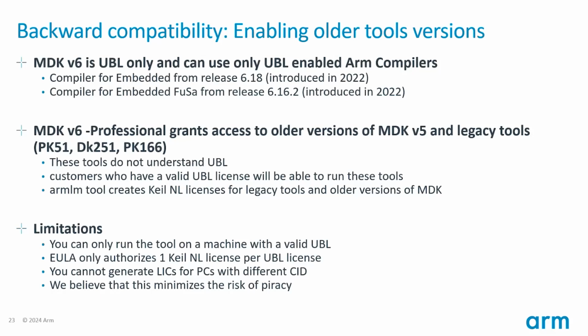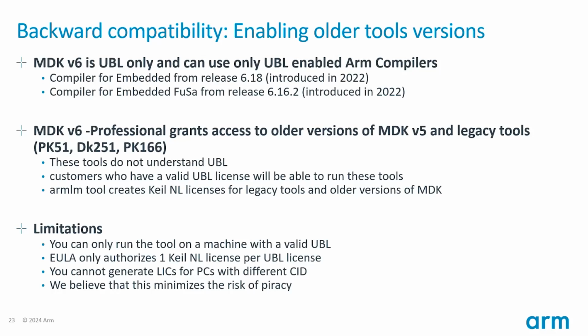If you want to have access to older versions of MDK version 5 or legacy tools, then you need to buy the MDK Professional Edition, because there we have a mechanism to create node-locked licenses out of the UBL. Because of course these older tools do not